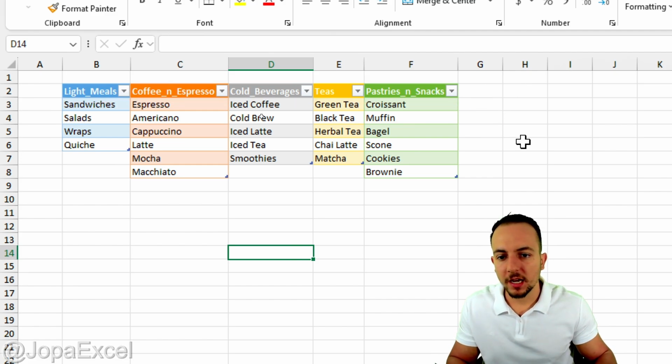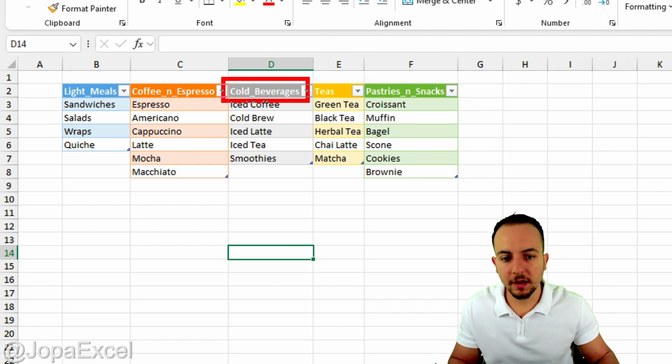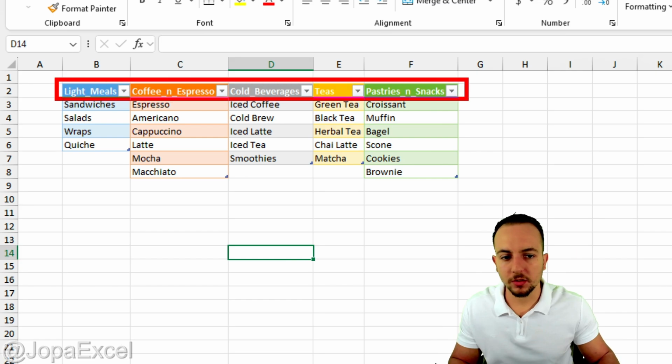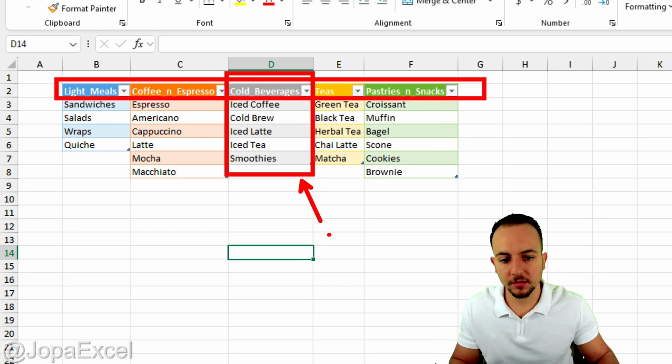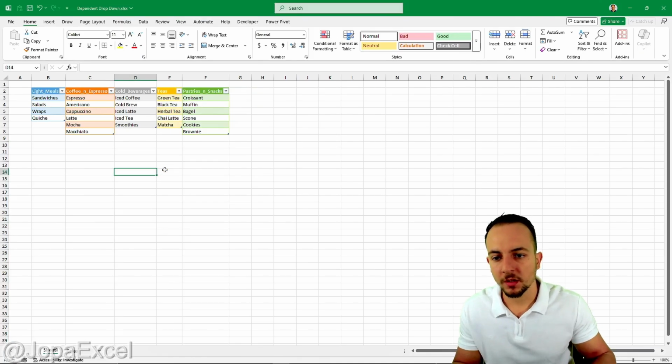So let's say I choose cold beverages between this range right here. So Excel knows that I need to use this table right here. So it's much easier. Now let me go back to the sales sheet